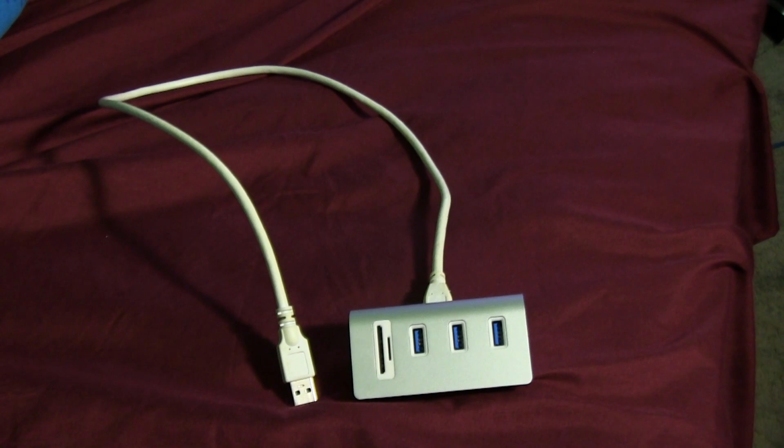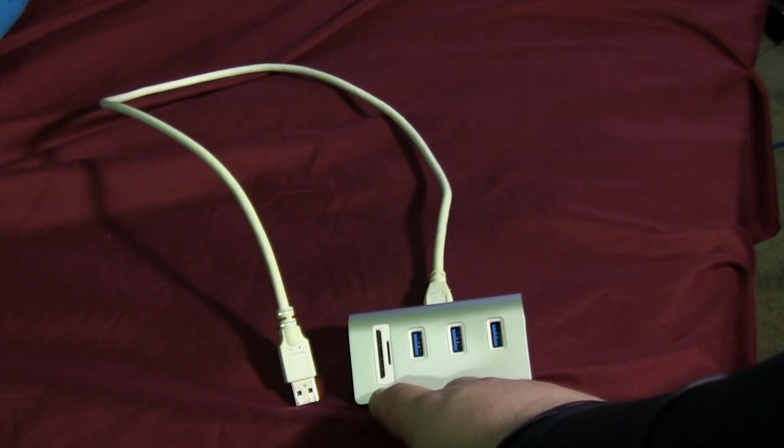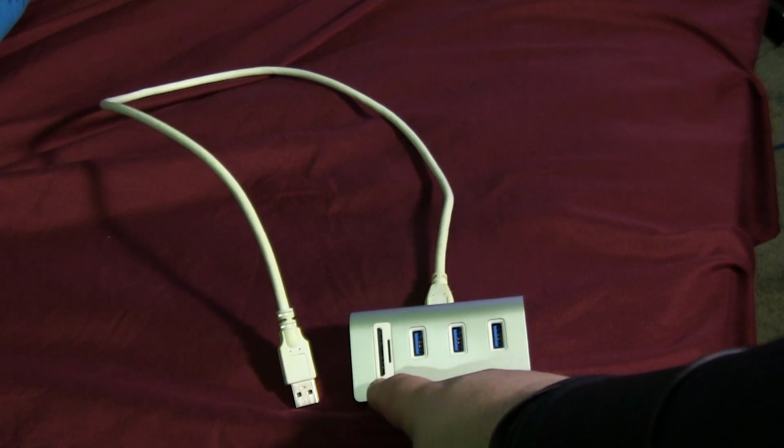So I have a couple hubs. This hub right here is another utechsmart. I like utechsmart products. It's a USB hub. It's USB, SD card, micro SD card, and then 3 USB slots. It's a USB to SD card and micro. So why would you get this big